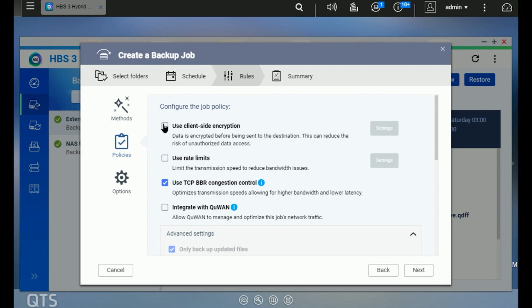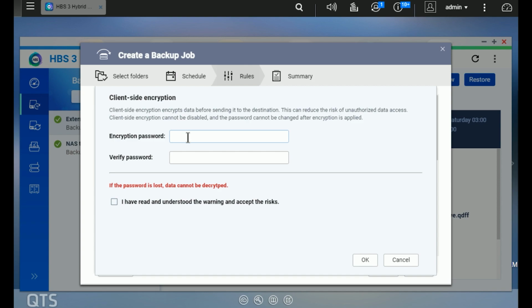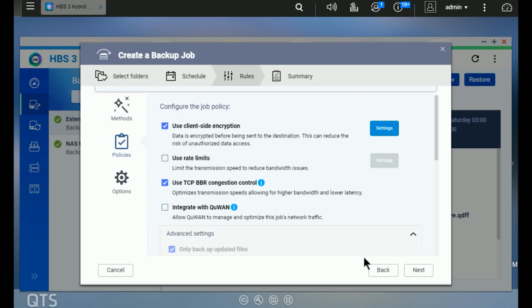But let's go ahead and use client-side encryption. I'm going to give it a password. So I gave it a password. I have to click that I understand, click OK. And so now I have enabled client-side encryption. So I'm going to hit next